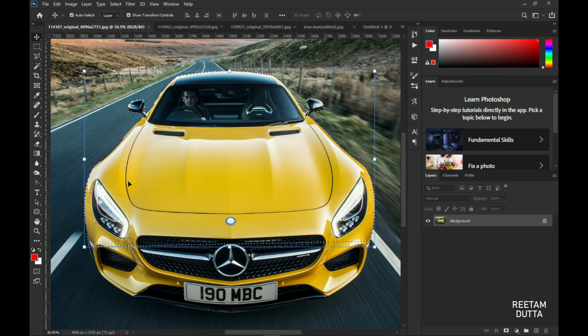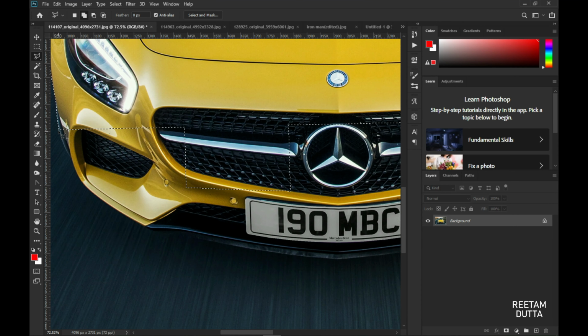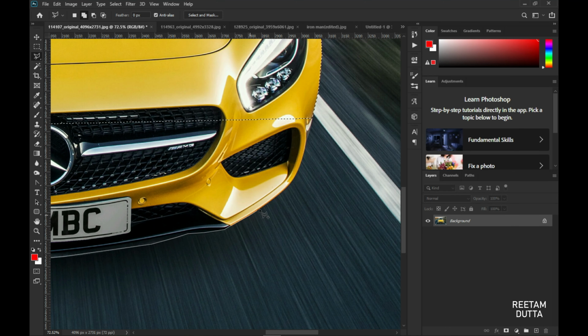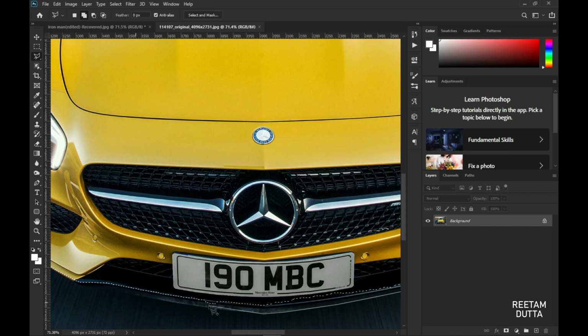For this, I can again use the Polygon Lasso tool, but now in the Add to Selection mode present in the above toolbar. Now that the whole car is selected, we can drag and drop selected car in any new document or layer.